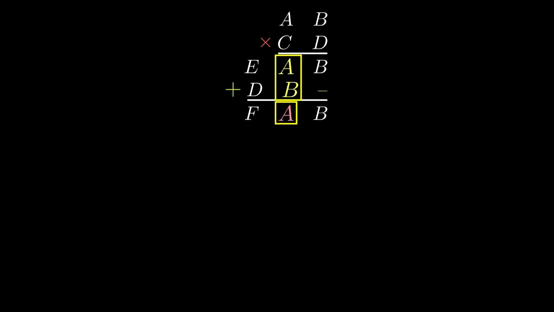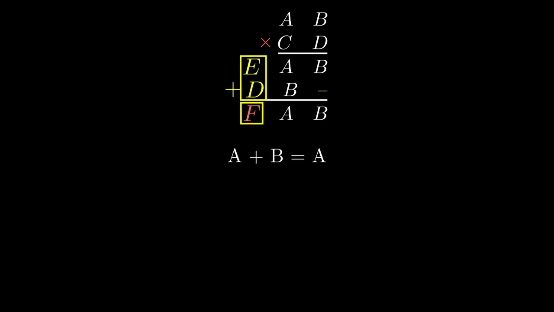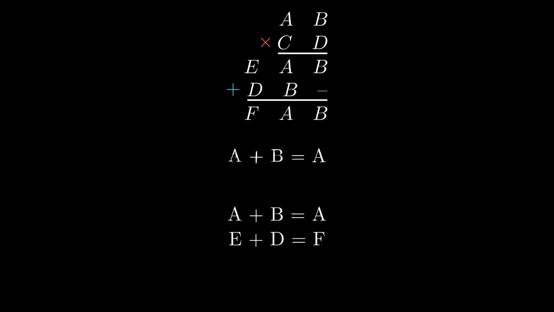equals A. So we'll make this conclusion our first equation. And similarly, we can see that E plus D equals F. That's our second equation. We can simplify the first equation to find the value of B. That equals 0. And considering again the problem, we can see that D times A equals EA, in which the